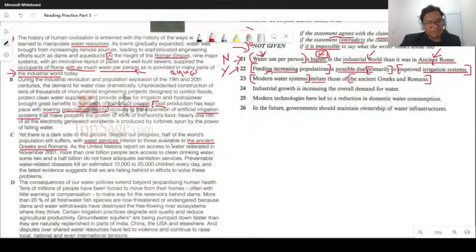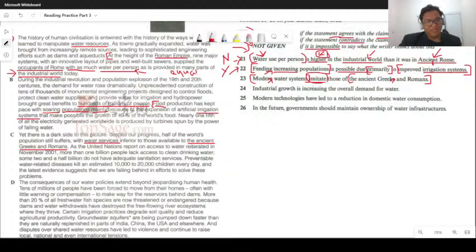As the United Nations reports on access to water, reiterated in November 2001, 1 billion lack access to clean drinking water, some 2.5 billion lack adequate sanitation. Preventable water related diseases kill an estimated 10,000 to 20,000 every day. And the latest evidence suggests we are falling behind in efforts to solve this problem. Now, we did find some of the keywords, right? We found water service, one. We found ancient Greeks and Romans, two. But we did not find the word imitate, not even close,